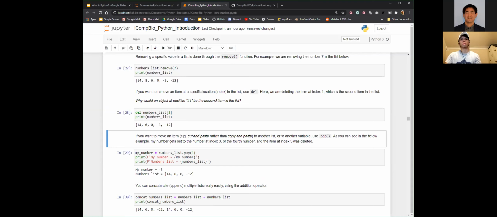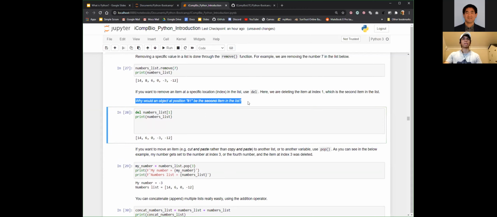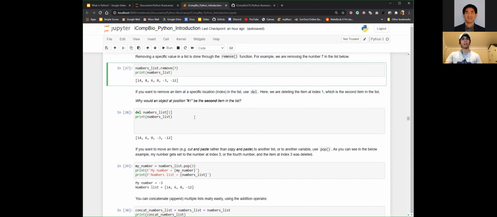And if you want to remove a value within a specific index, you can go ahead and just call the delete function on numbers list 1. And so when we do delete numbers list 1, we delete number 8. One of the biggest things about any programming language is that most actually start from an index of 0. Which is why there's a question here saying, why would an object at position 1 be the second item in the list? So let's go ahead and